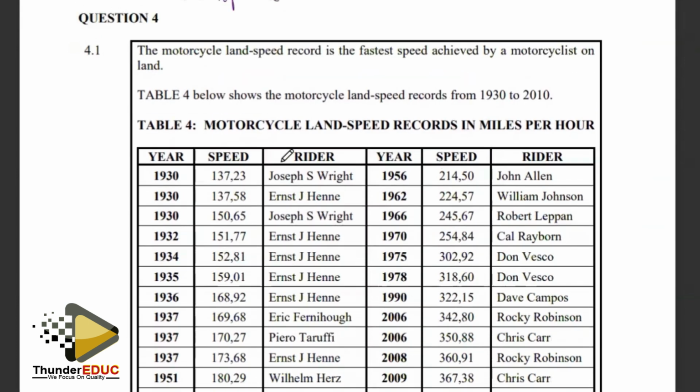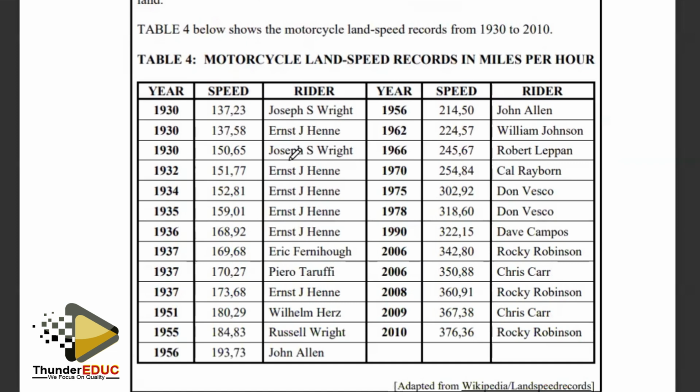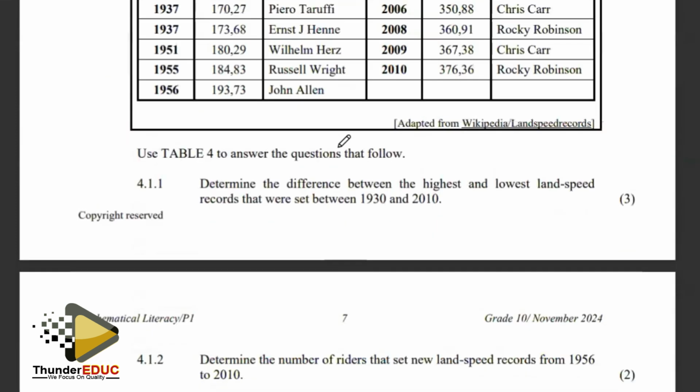Question number 4. The motorcycle land speed record is the fastest speed achieved by motorcyclists on land. Table 4 below shows the motorcycle land speed records from 1930 to 2010. All right, now look at the first question. Determine the difference. The moment you hear difference, you're going to do what? Shall have to subtract between the highest and the lowest speed records between 1930